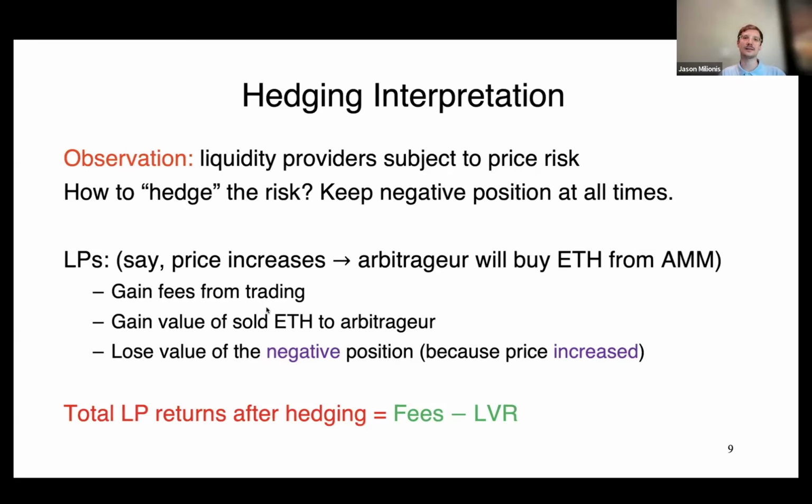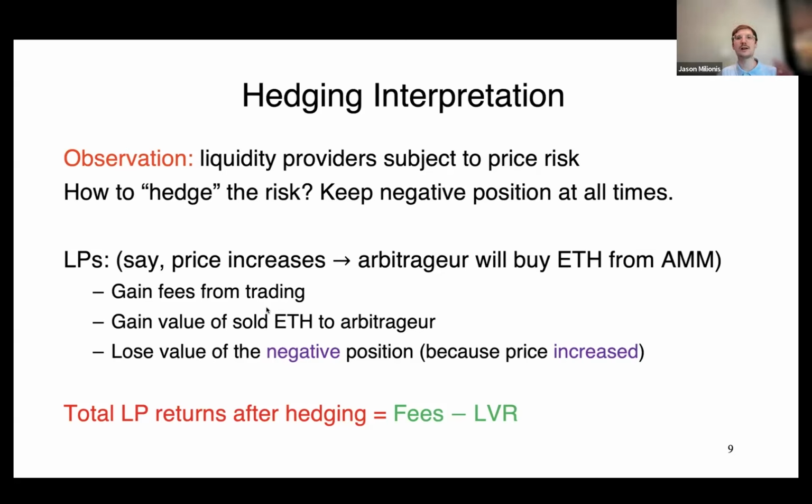So how can you actually do that? Well, if you have a risky asset, then a way to counter that risk would be to keep the negative position of this asset. This is called shorting the asset at every moment in time continuously. By keeping a negative position on the asset through time, what you cancel out is this price risk, where the price changes without you being able to adjust your value.